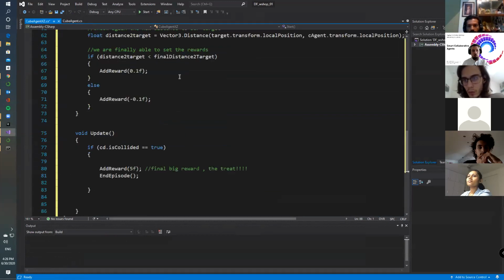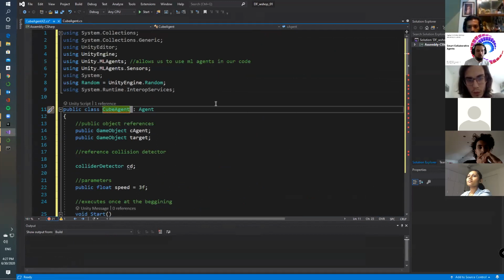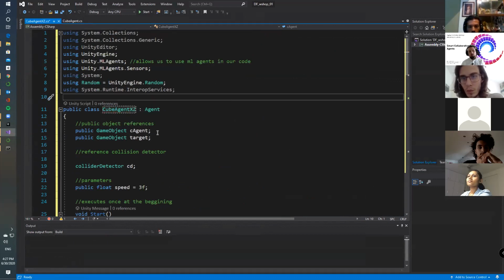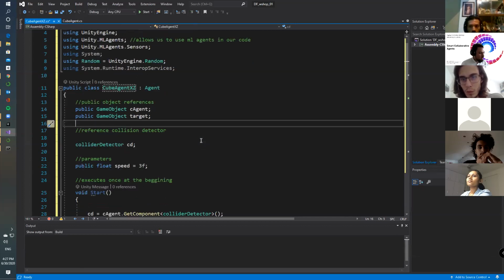But we need to make one change. Instead of cube agent, we need to call it cube agent XC. So now this is a completely different class. It has nothing to do with cube agent, and we can modify it